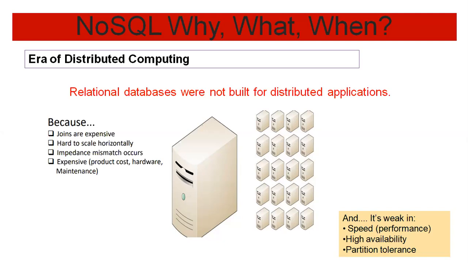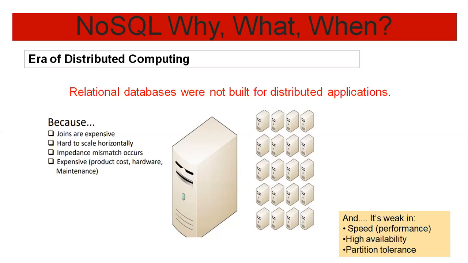Suppose we are using a traditional RDBMS as a backend, and we are developing an application in a programming language like Java, which is an object-oriented programming language. Then the code is written in the form of objects. When we want to store them in an RDBMS, those objects have to be mapped into relational tables, which is very difficult. This causes certain problems known as impedance mismatch. So if the data is stored as it is, without changing it into rows and columns, the impedance mismatch problem will be overcome.